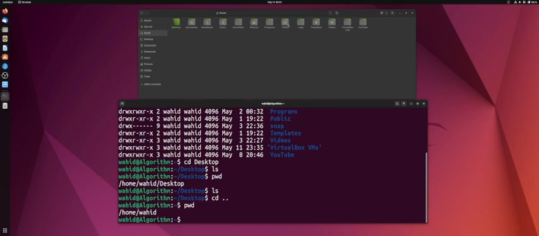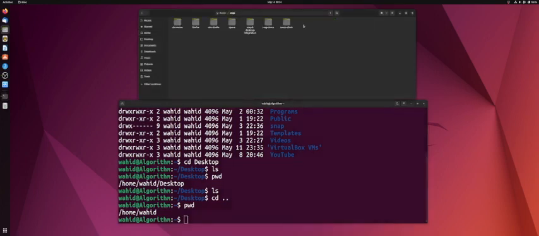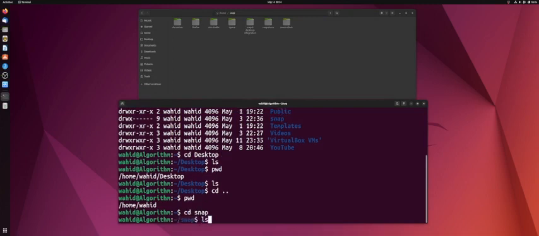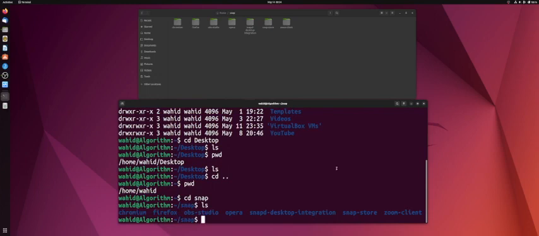So now if I want to go to snap on the file manager, you right click here, double click here, you see the cd to snap. And then if you want to see the list, you just do ls, and then the chromium, everything is there. So now let's look at some files here, like snap